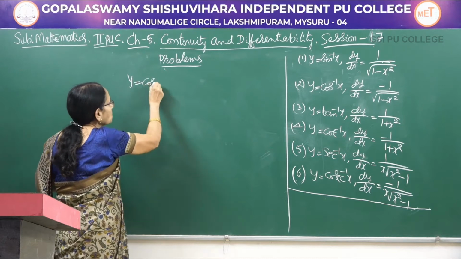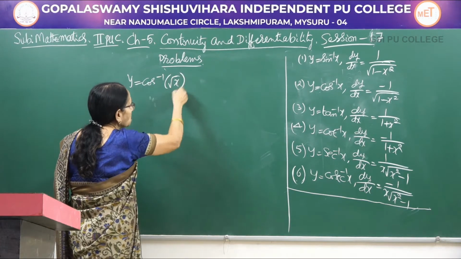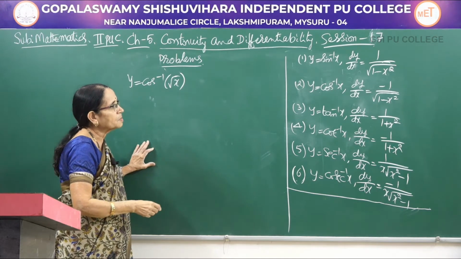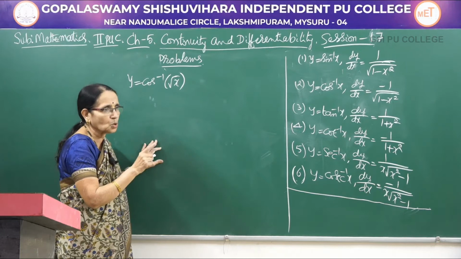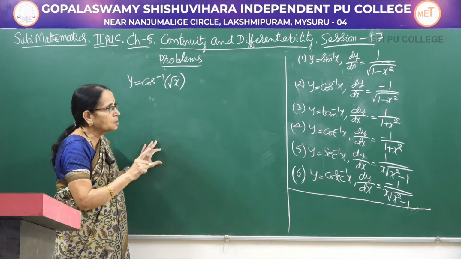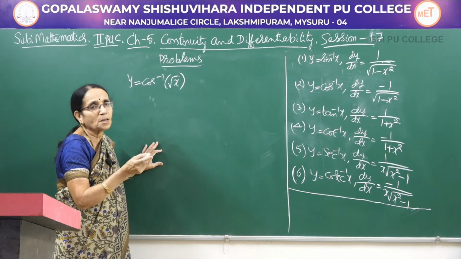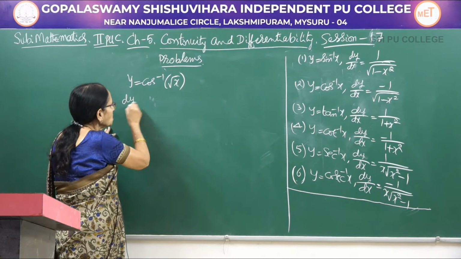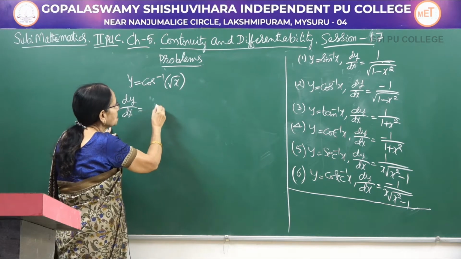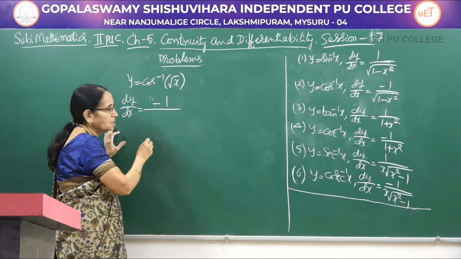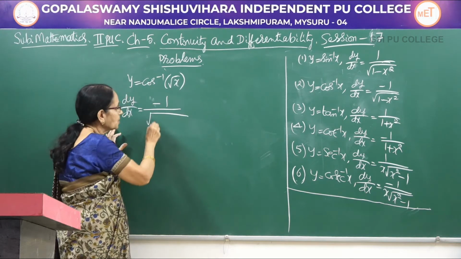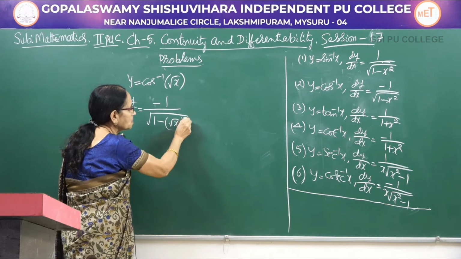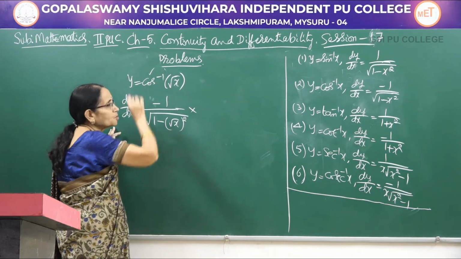Y is equal to cos inverse of root x. Look at the function cos inverse. What's the definition? When you differentiate, it is minus 1 over square root of 1 minus x square. X would be squared. In the place of x, what you have here? Root x. But the basic rule is same. It is dy by dx is minus 1 divided by root of 1 minus whatever function is there, square that one. Okay? So, this part is over.